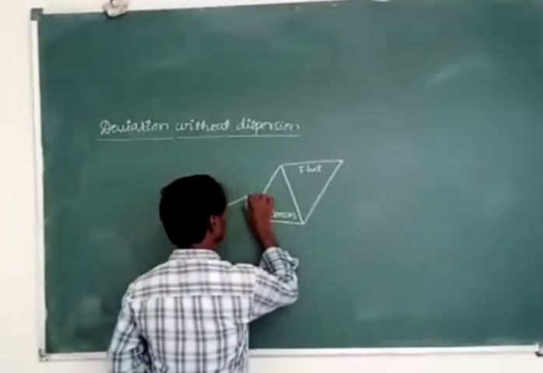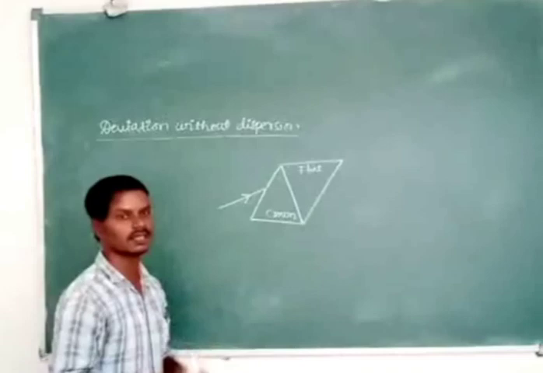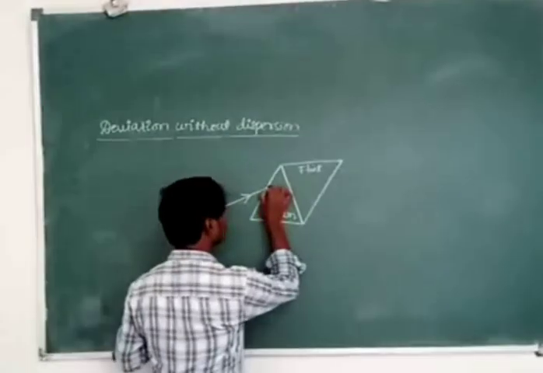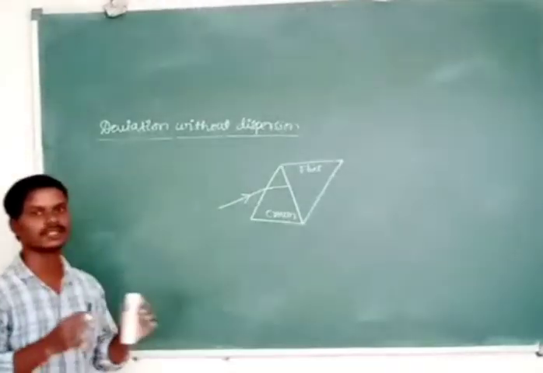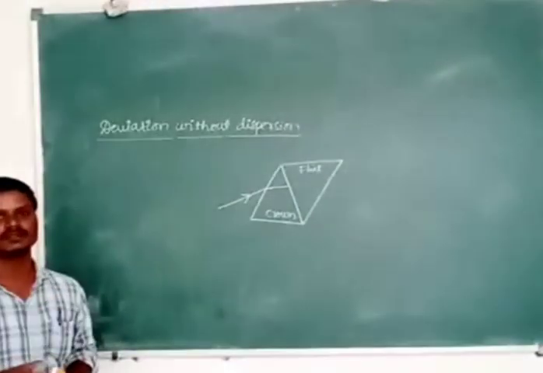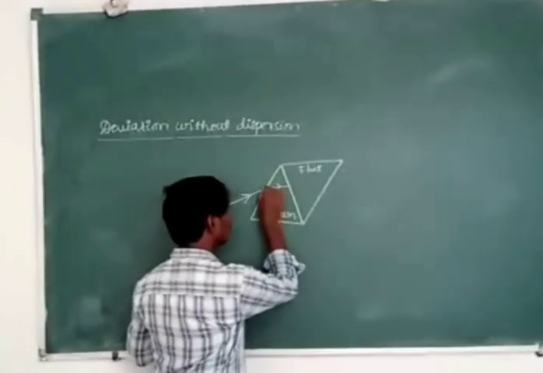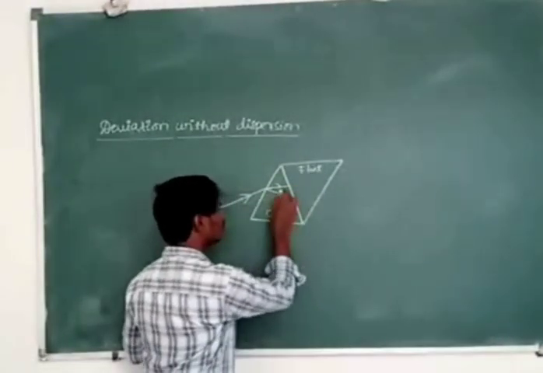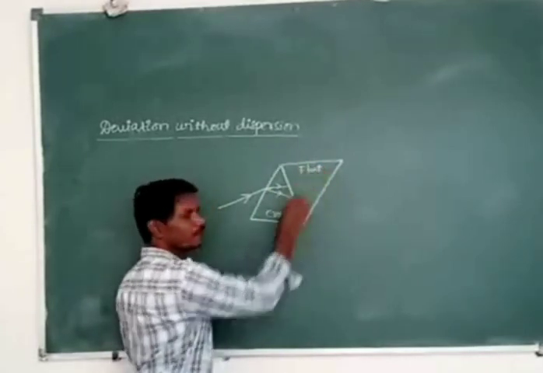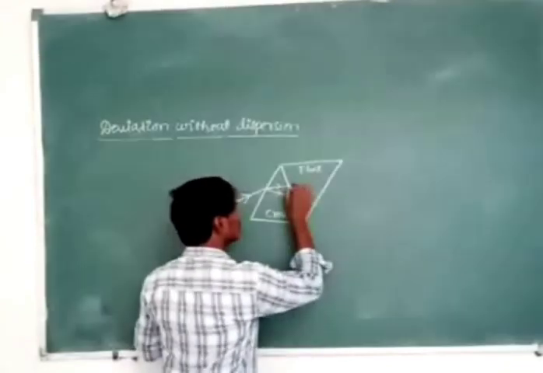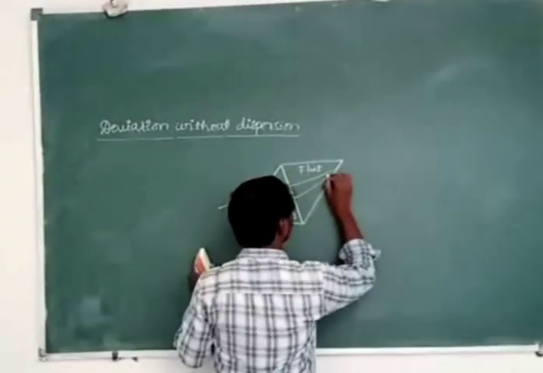Whenever we incident the white light on the first prism, that is the prism of crown glass, the light is dispersed into 7 colors. I will take only 2 colors. What are those colors? The least deviated color and the most deviated color. Which is the least deviated color? Red is the least deviated color and violet is the most deviated color. These two colors are the incident rays for the second prism made up of flint glass, and they undergo refraction again.